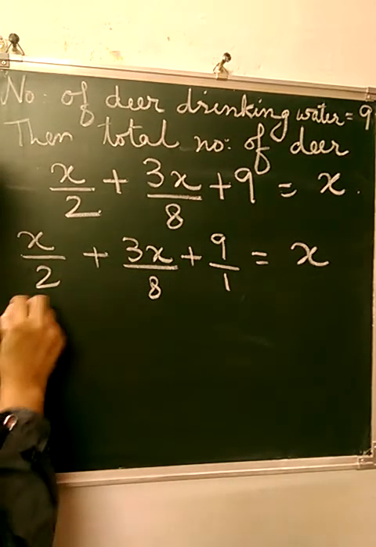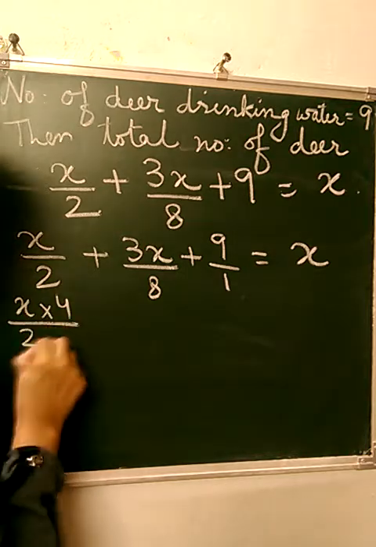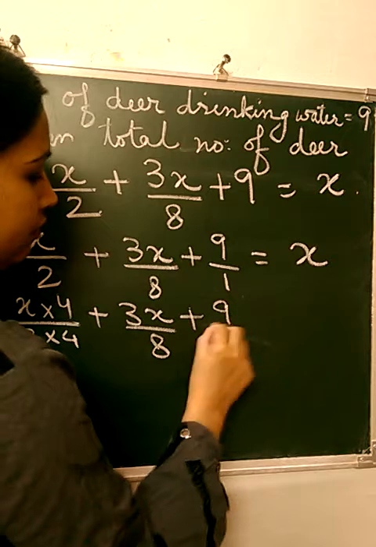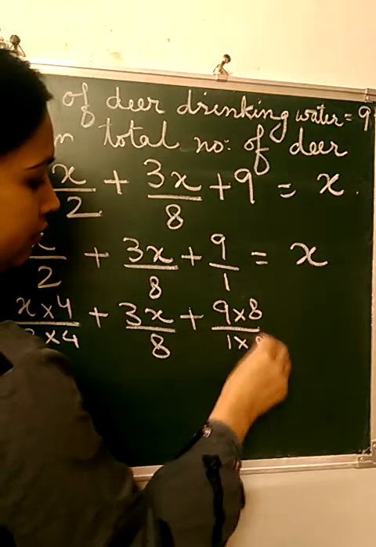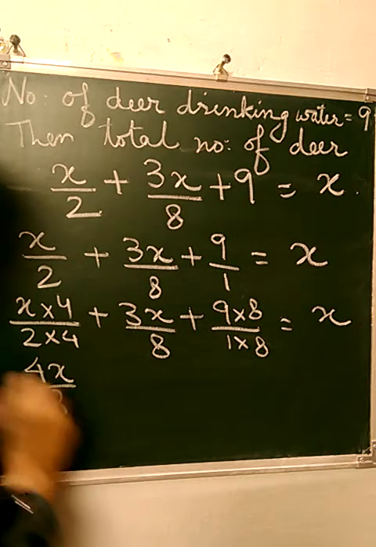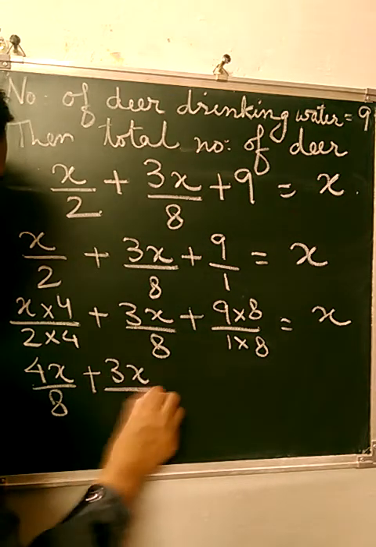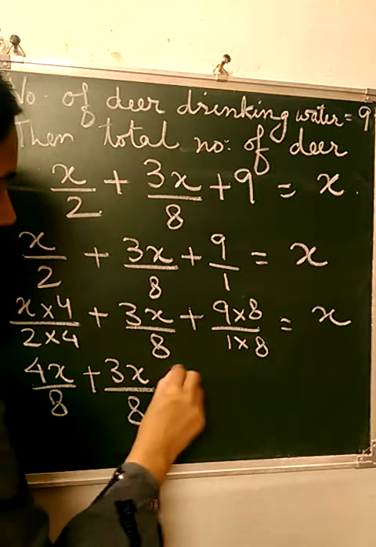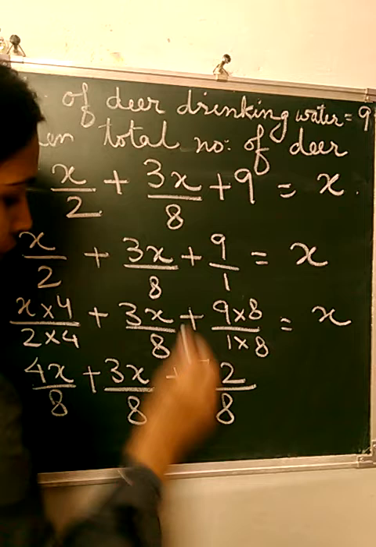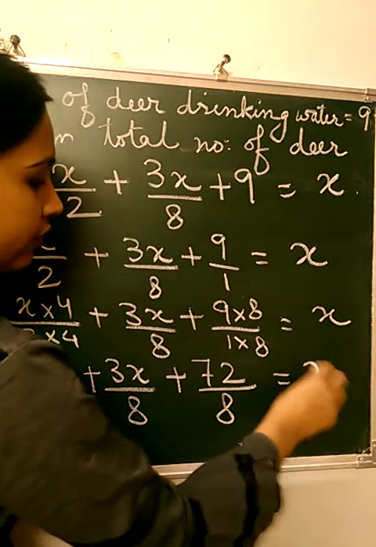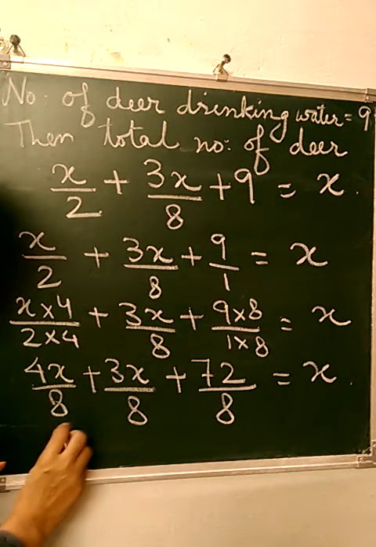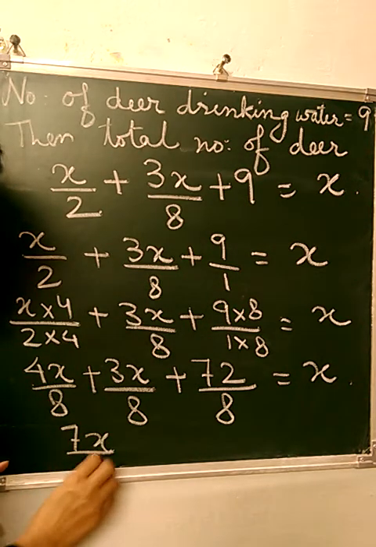And here we don't need to multiply. x upon 8, 3x upon 8, and 72 upon 8, which gives us x. 3x and 4x, 7x upon 8